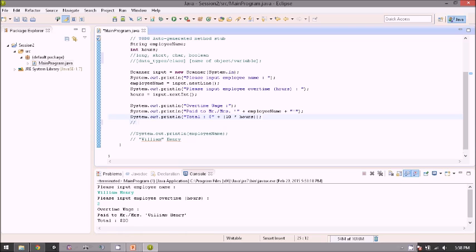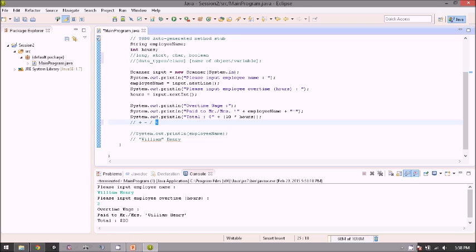Other than the multiply operator, there are other operators like plus for addition, minus for subtraction, slash for division, and if you see, there will be a percent.